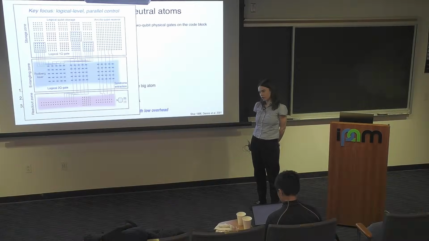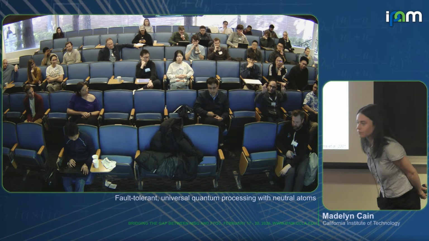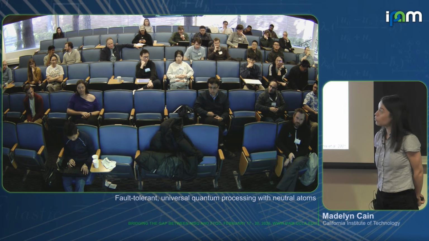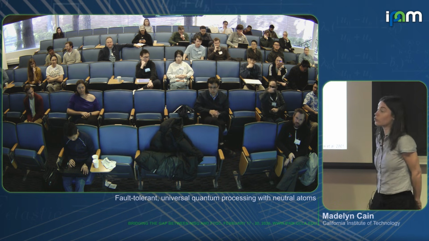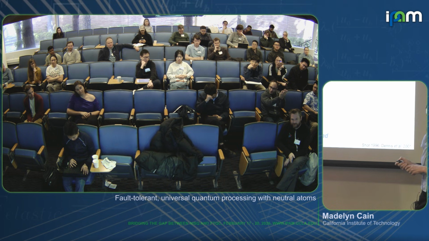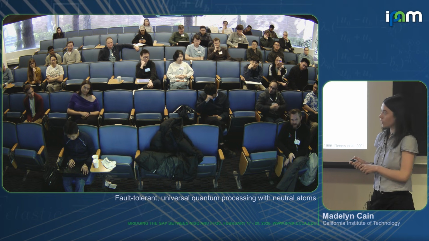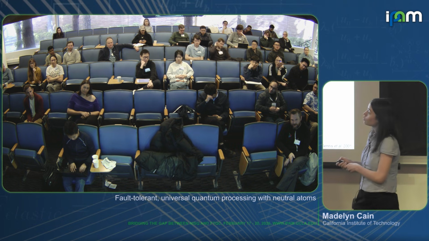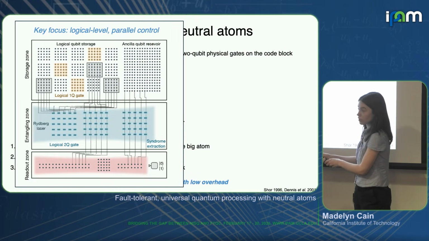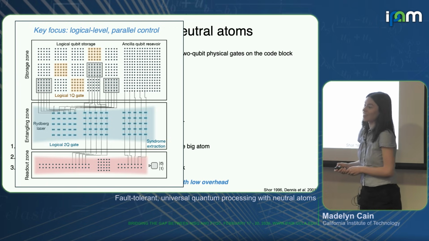Does that make sense? No, I was asking, instead of bringing the patches to an entanglement zone, why don't you keep them in that storage zone and move the logical qubits around? Just not use an entangling zone. Like when you want to do the transversal gate between two patches, just move it across and then do the 2-qubit gate there. That is what we do, but in order to do the 2-qubit gate, you need to be under the Rydberg laser. Oh, I see. That storage zone doesn't have this.